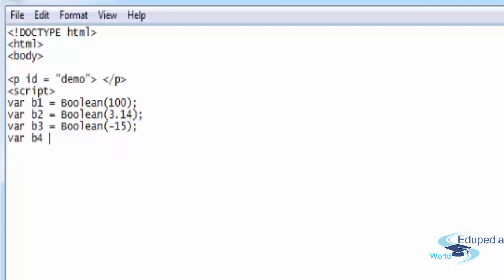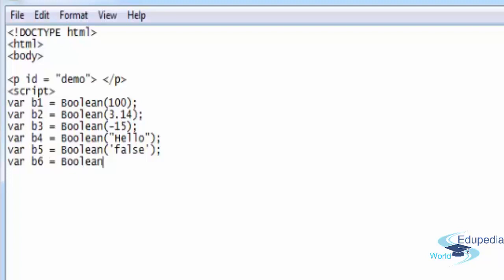Var b4 is equal to Boolean hello, semicolon, enter. Var b5 is equal to Boolean false. Var b6 is equal to Boolean 1 plus 7 plus 3.14. Document.getElementById